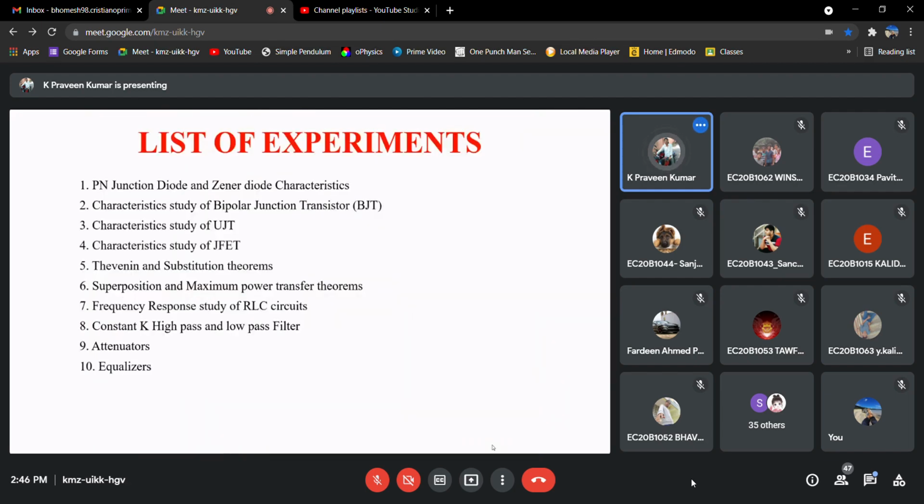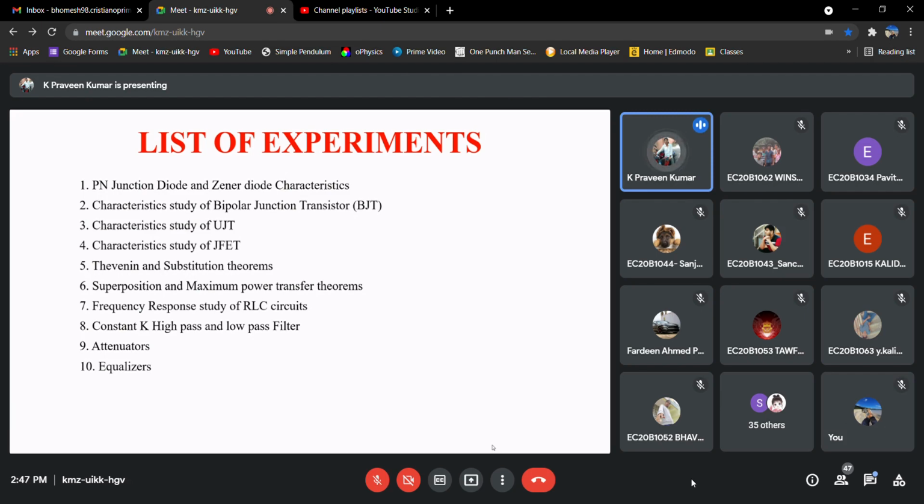Right. So in this session, we'll just brush up our knowledge of what we have known in our first year lab course. Maybe you'll be knowing about the basic components that are available, like function generator, maybe the CRO, multimeters. Is it right? Yes, sir. Okay. So I'll be just briefing about all those things in this session.